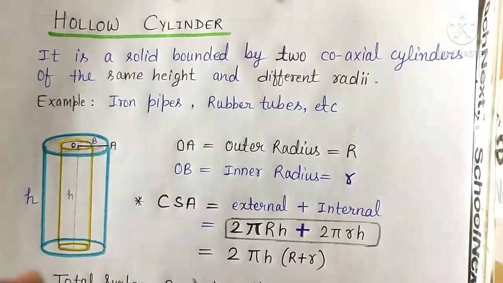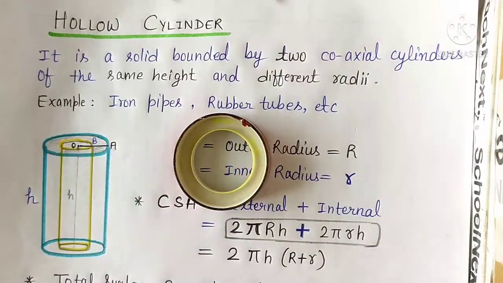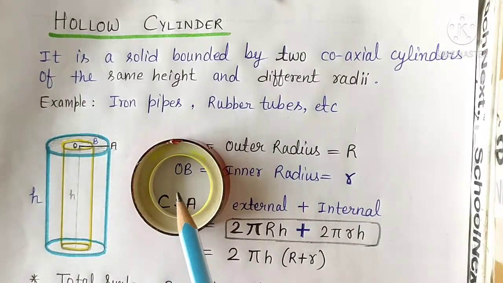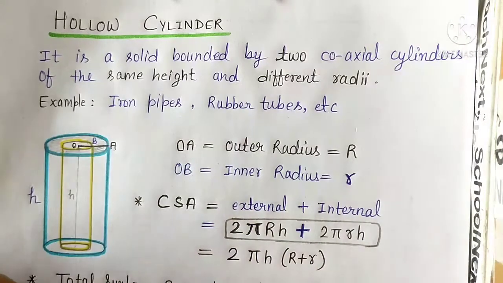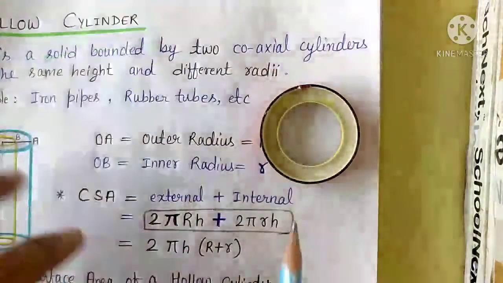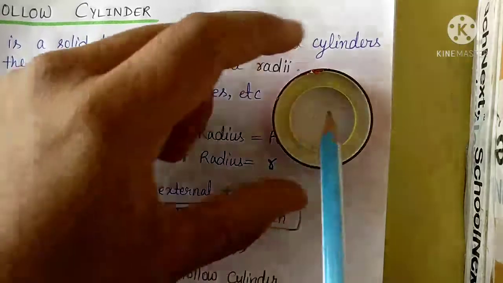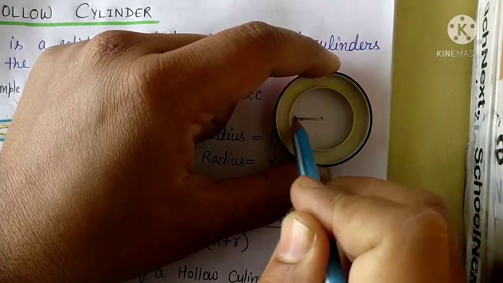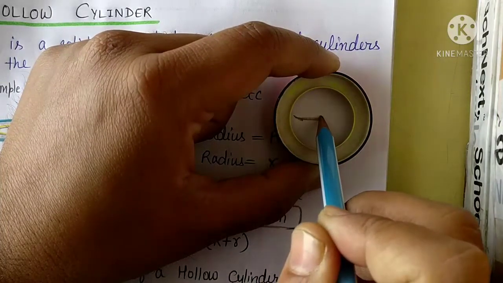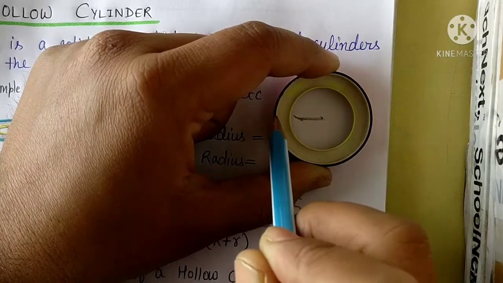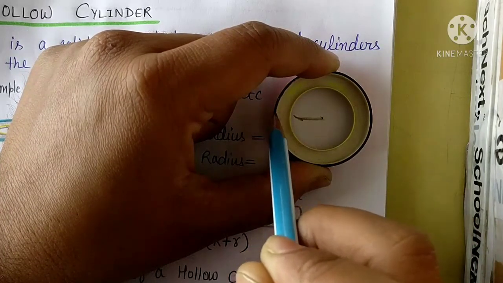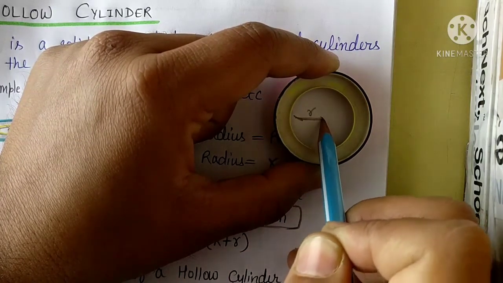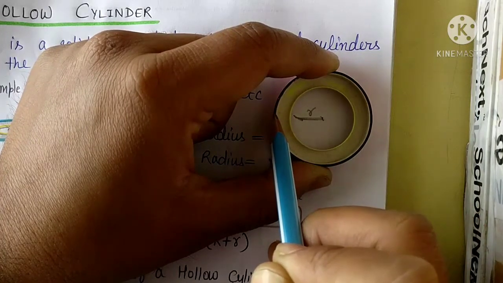And if you don't understand this, I'm explaining with the help of this sellotape. This is a sellotape which is in cylindrical shape only, and we can say a hollow cylinder. Here also you can see, if this is the center point, from this to this, what is this? This is the inner radius, which we denote by small r. But if I take a line from this point to the end point, it will become the outer radius, which we can denote by capital R.